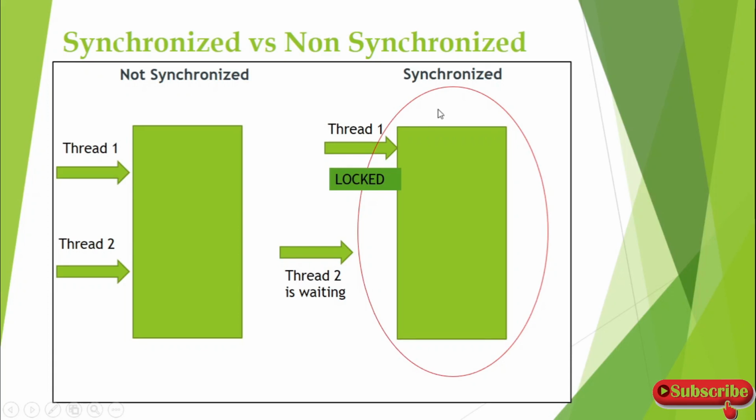Here you can see, if you have a map and multiple threads are running in your environment, and one thread is going to access that map, say it is adding some values or removing some values, then at that time this whole thing will get locked. Other threads trying to access this map should wait outside. Once this thread completes, it will unlock, and the threads waiting outside will go one by one. Multiple threads cannot access the same object at the same time.